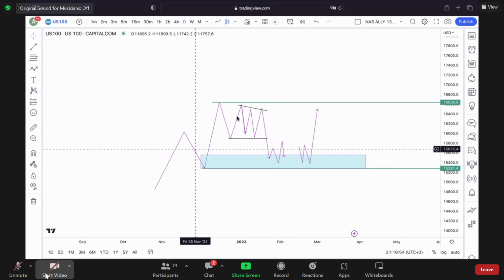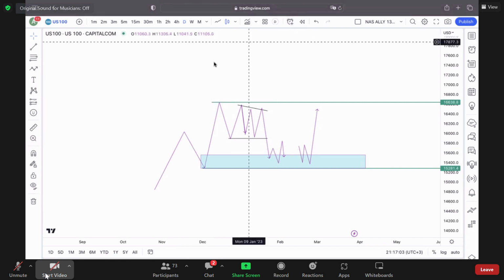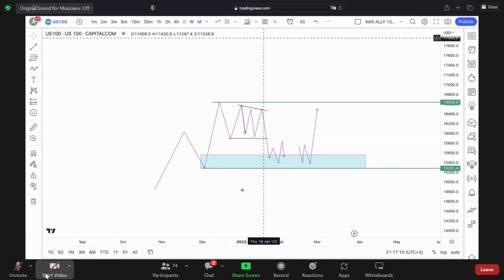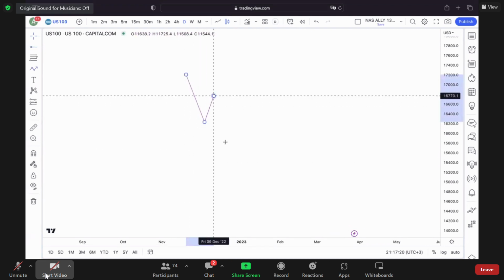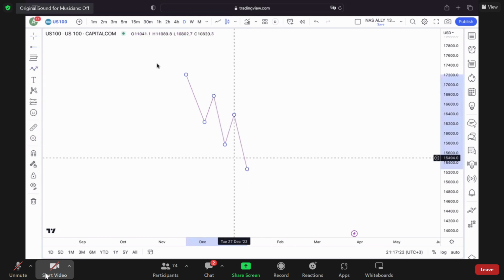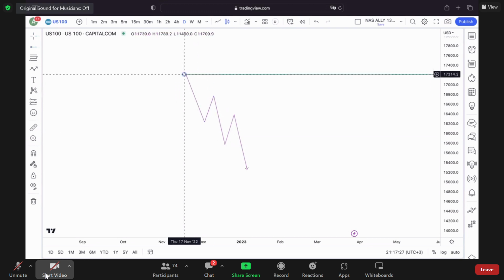I'm a bit confused between a break of structure and a change of character. Can you please show me, especially on a bearish market? Okay, so just remember, a break of structure just means that the range has been broken. It doesn't matter which direction. So let's say, for example, the market's bearish. Let's mark it like this. This was our trading range.